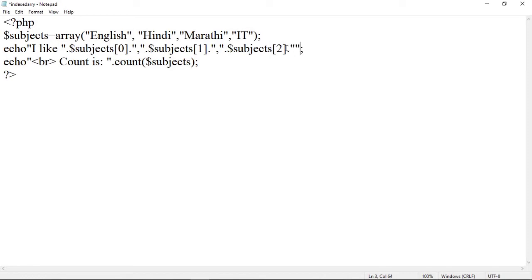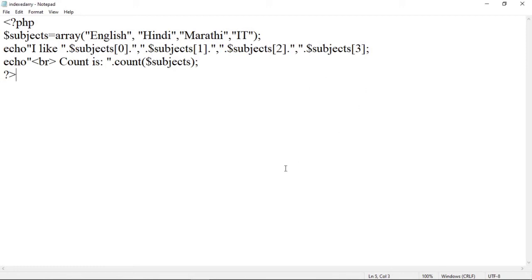After that, to have a comma in between two subjects, we will use double quotes and within that a comma. Then again a concatenation operator and use the array variable, that is dollar subjects, and within that the index of the IT subject, that is 3. Indexing starts with 0, so 0, 1, 2 and 3 is the indexing of this array.